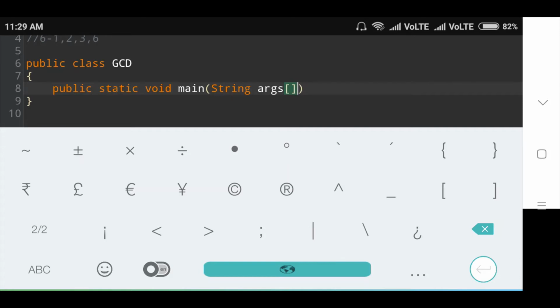And String args, here we are defining a string array to pass arguments at command line. Args is the variable name of the string array. It can be changed to anything. Okay.